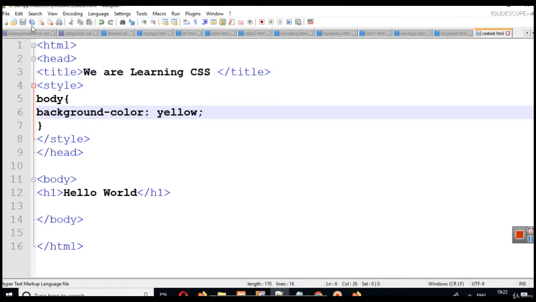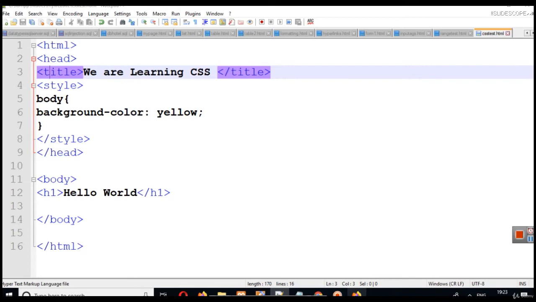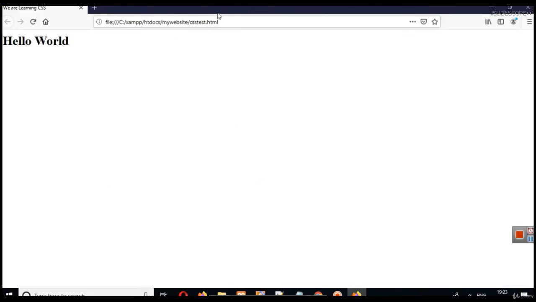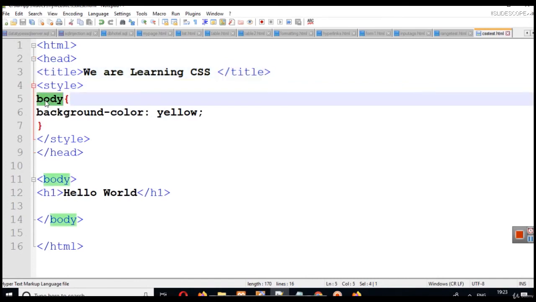So now here in our HTML document you can see we have the head tag. Inside the head tag we have the title tag, and using the title tag we have defined some title to our document. We have some heading written here, it can be anything. And we have the body tag, but we have selected the body tag using style, and you can see here when I have selected it, it is becoming green. That means this particular text is present three times in this document.